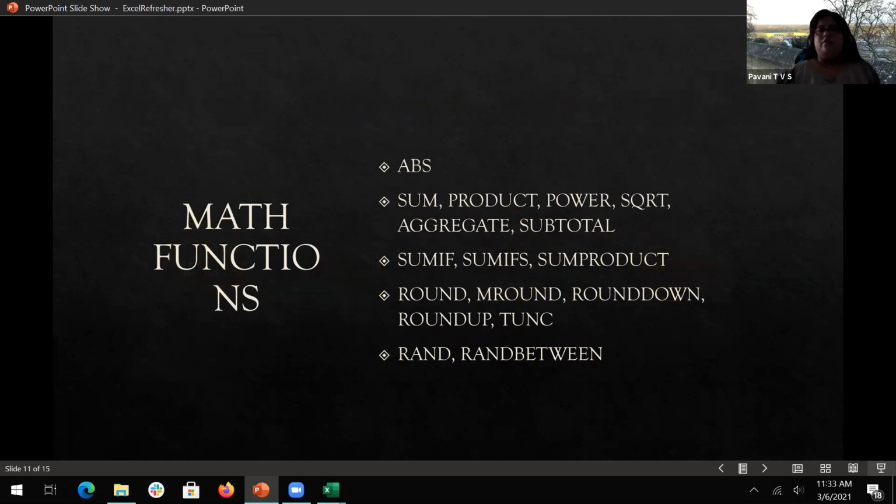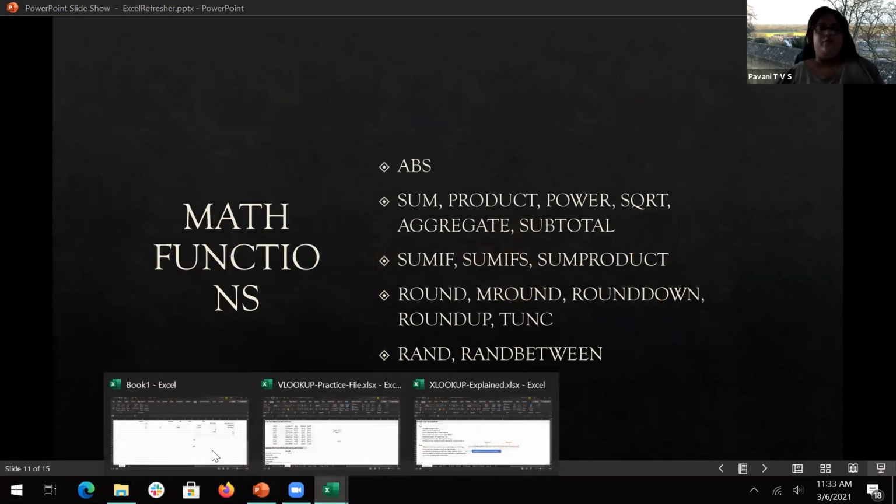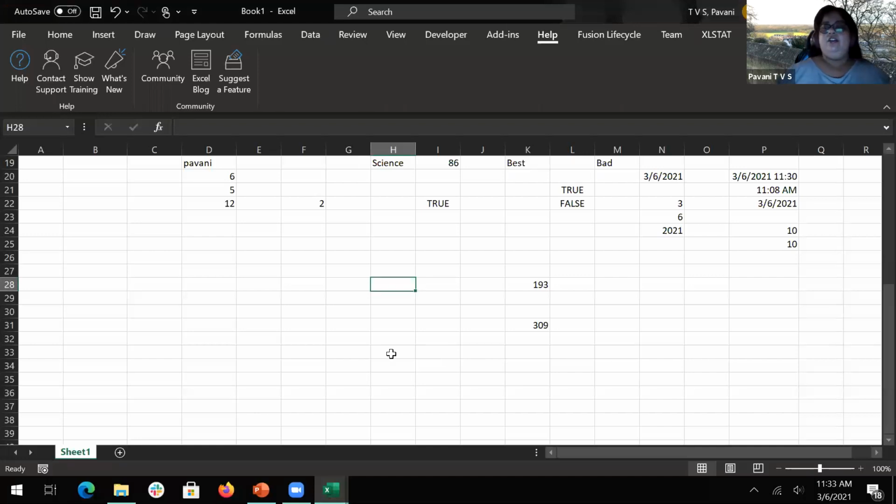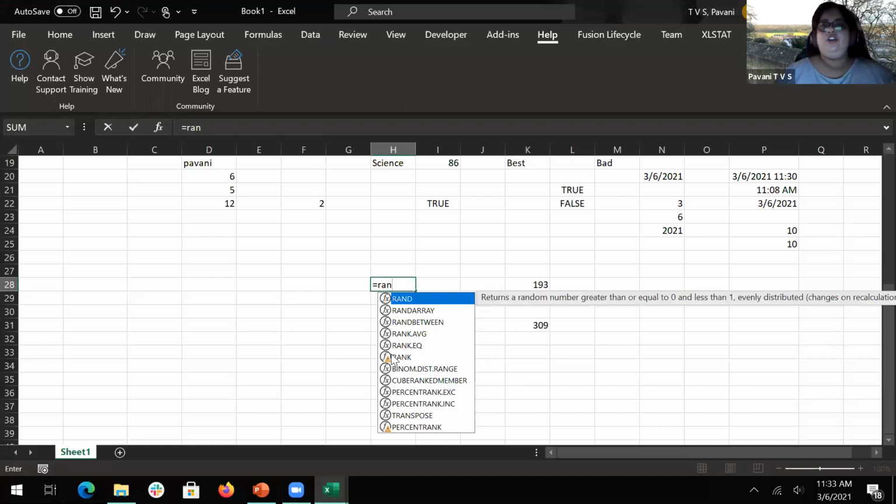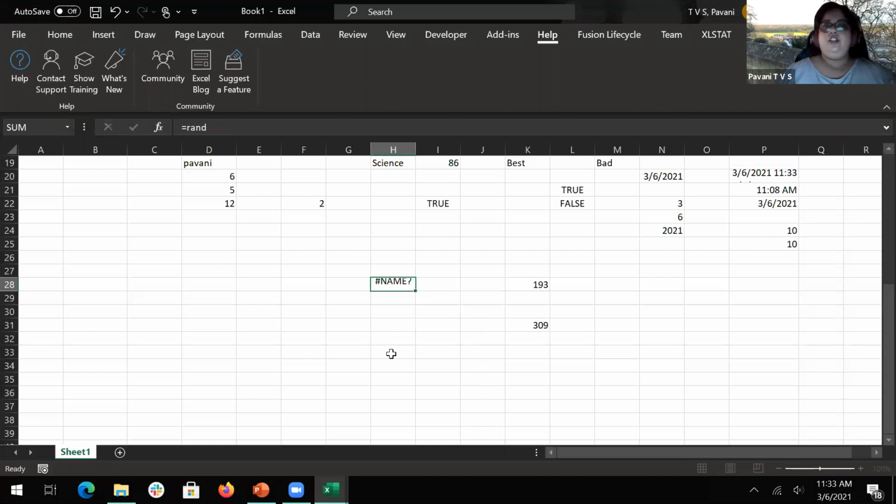These are a few of the math functions. Sum is something which I have given you in the pre-workbook session. You must have seen that function. In this, I would like to highlight one more function, that is RAND. RAND is nothing but a random number. You need to keep brackets.